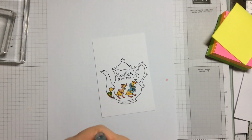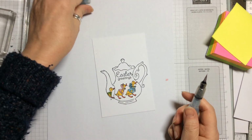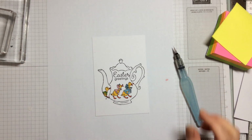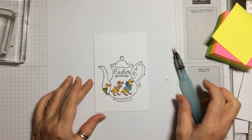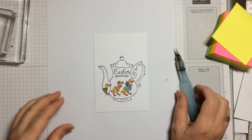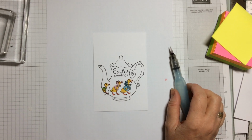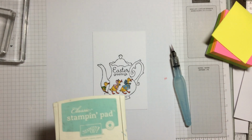and I want the smaller brush, and I'm going to colour the teapot in. I want it to be sort of a... do I want it as a pale blue? Yeah, I think I'm going to have it as a very pale blue teapot, almost like that sort of china blue. So I'm just going to take out some Pool Party for this one,